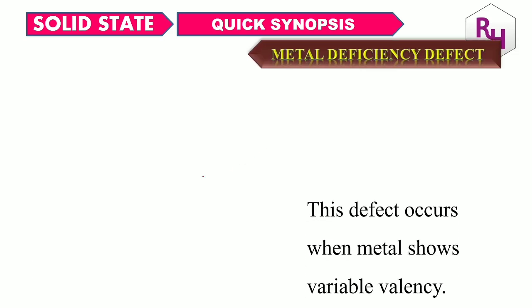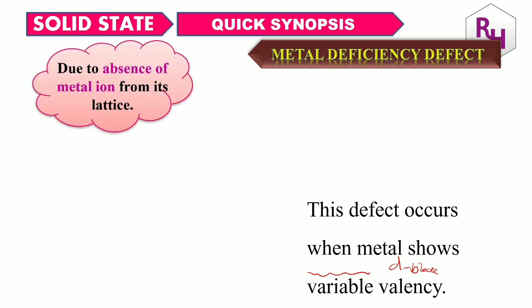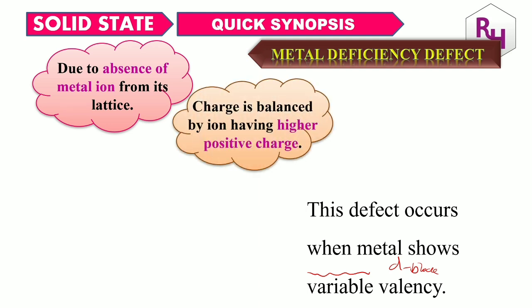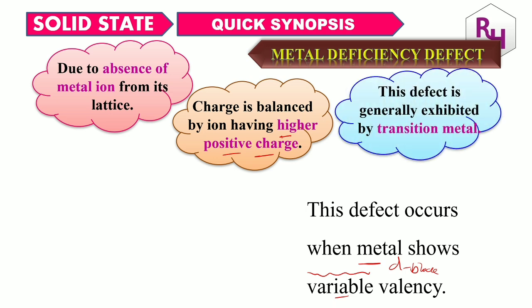Now, metal deficiency defect. This defect occurs when the metal shows variable valency. Variable valency is shown by what? D block elements. Remember, D block elements, because of that reason it is shown by transition elements. Due to the absence of a metal ion from its lattice, it is a metal deficiency defect. Charge is balanced by using higher positive charge. Hence I told you variable valency, different valency should be there. Lower valency charge is balanced by higher valency ion. This defect is generally exhibited by